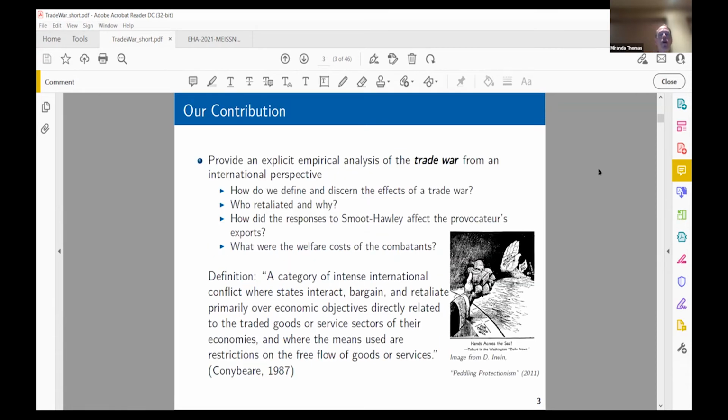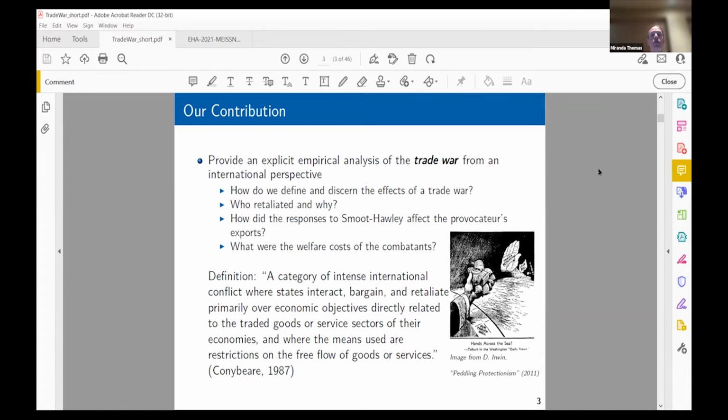So what our contribution is going to be, again, with all respect to the large and important literature, we thought there was still something to be said about a trade war. And so the first thing to do is to think about, well, what is a trade war? How do we distinguish it from other topics that have been studied in this period, such as the rise in protectionism? And the classic text on this is Conybeare, and he defines a trade war as a category of intense